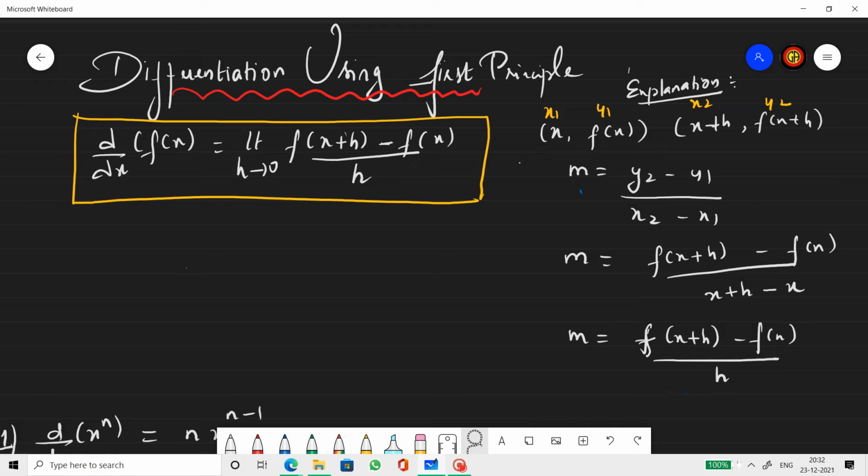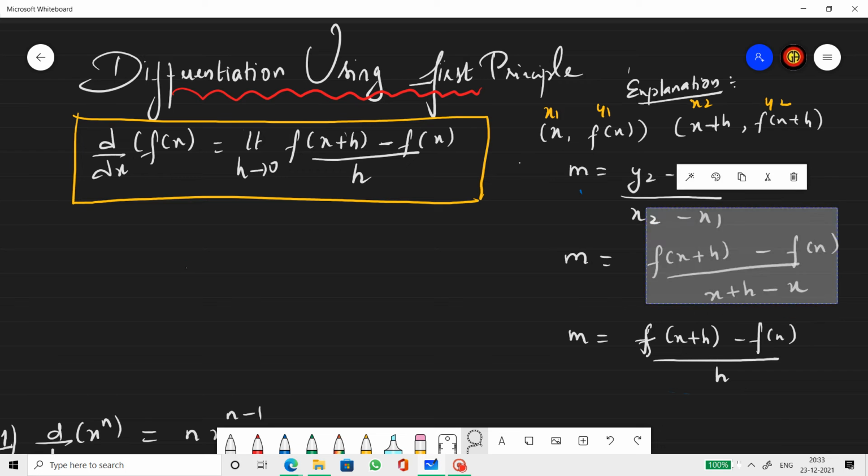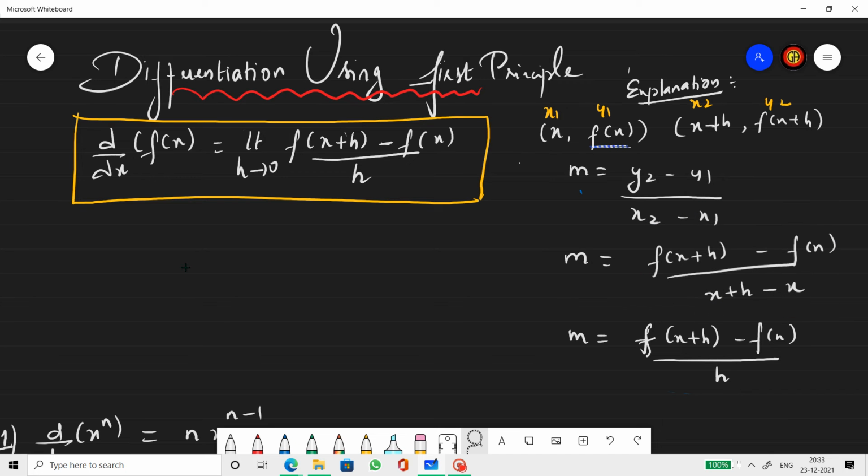So we find slope generally using the y2 minus y1 by x2 minus x1 formula. If two coordinates of a line segment or a curve are given, x2 y2 is here, x1 y1 is here, applied in the formula, you get this. Y2 is this, y1 is this, x2 is this, and x1 is this. So you get this, and x gets cancelled. In the end, m equals f of x plus h minus f of x by h. So that is how